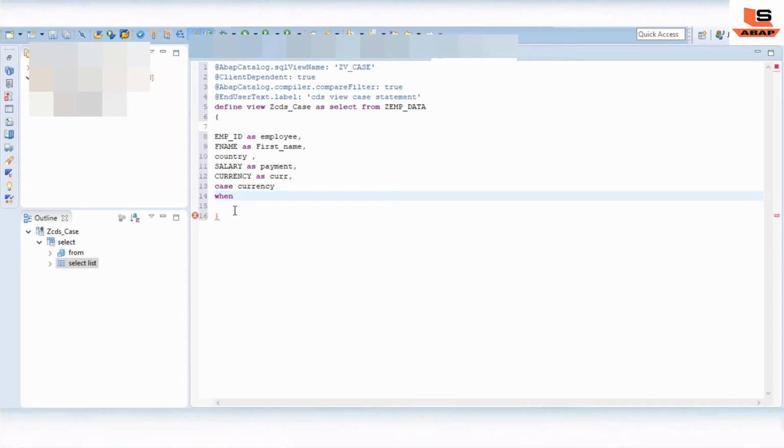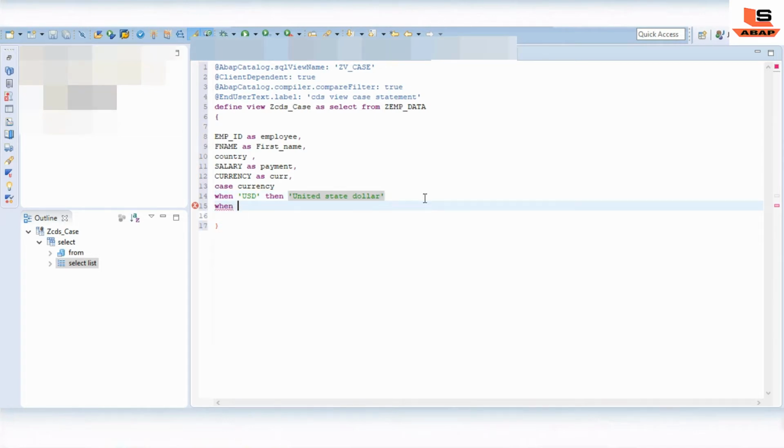Okay, and here when it's USD, when USD, then we will display the message as United States dollar.